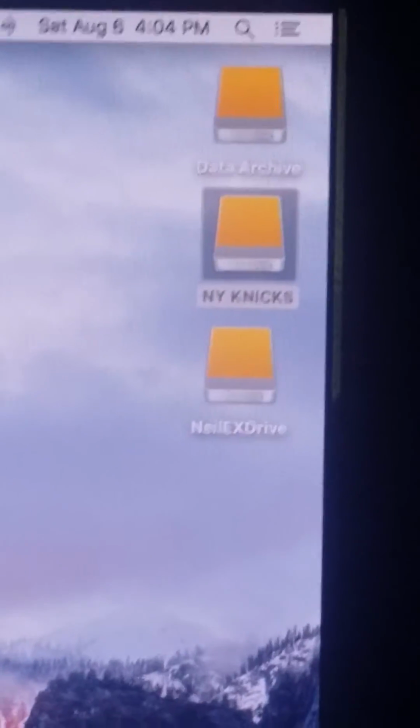I finally figured out what the issue is with McAfee and why the real-time scan sometimes works and sometimes doesn't. The problem is when there's a power outage and there's a hard shutdown, these external hard drives, the data archive,